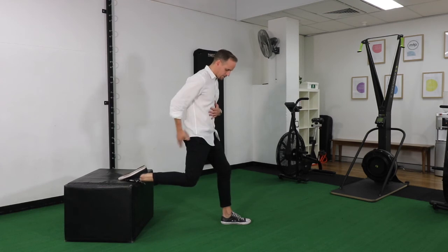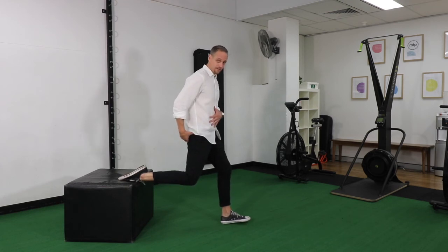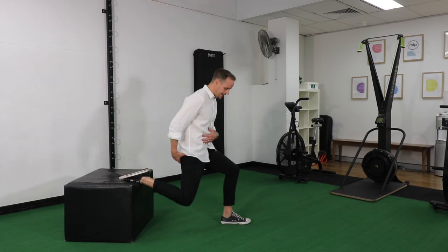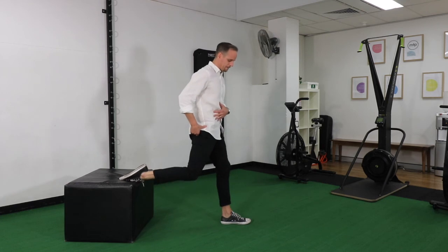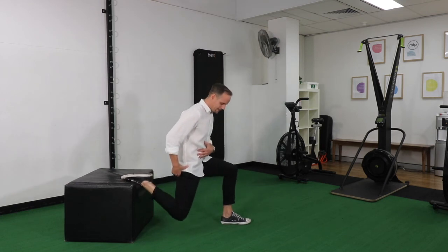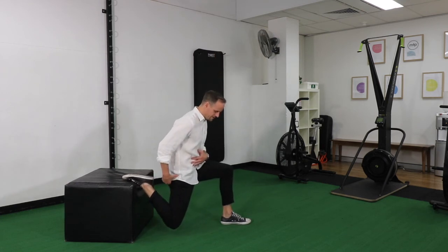And then from here you're going to squeeze your backside. So get that switched on really tight. And then we're going to lower down as far as you can go, keeping your backside muscle squeezed. You're going to pause there for 2 seconds and then come back up again. You're going to lower back down, try and sink a little bit deeper, keep that squeeze on the glute,